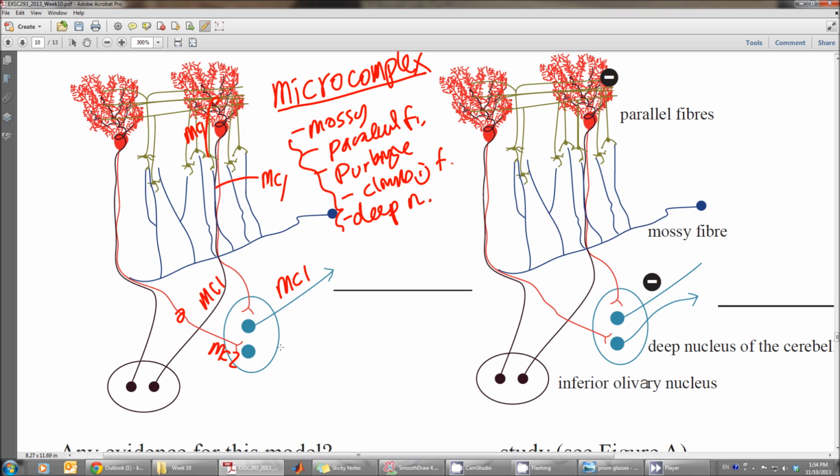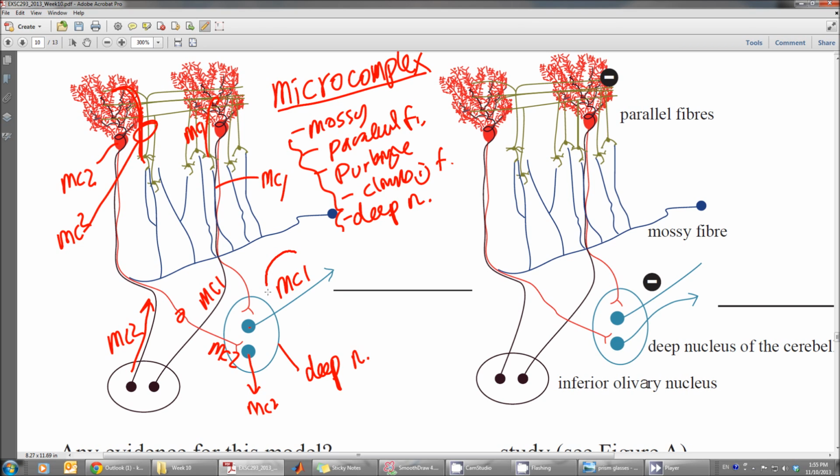So these are the neurons in the deep nuclei. So that's the nucleus for MC1, and that's the nucleus for MC2. That's the Purkinje fiber for MC2, and that's the parallel fiber for MC2, and that's the climbing fiber for MC2. So let's say at the moment MC1 is activated. MC2 is silent, but MC1 is activated, and it will produce the output from the deep nuclei and